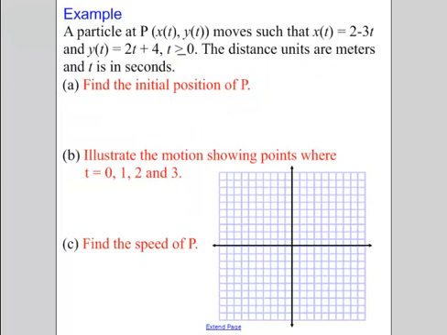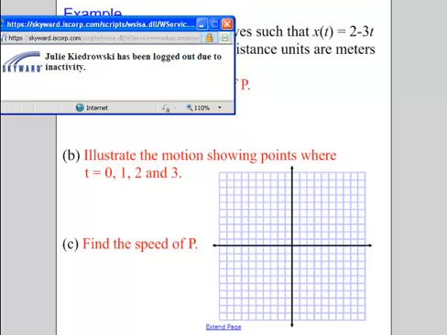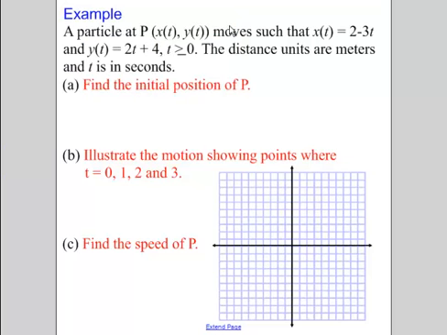So here's a little bit more of a real-world story problem. We have a particle located at point P, which is x of t, y of t, because they both depend on t, moving such that x of t equals 2 minus 3t and y of t equals 2t plus 4. T has to be a positive number or 0, and the distance is in meters and time is in seconds. So if I want to find my initial position, I'm going to start by setting up my actual